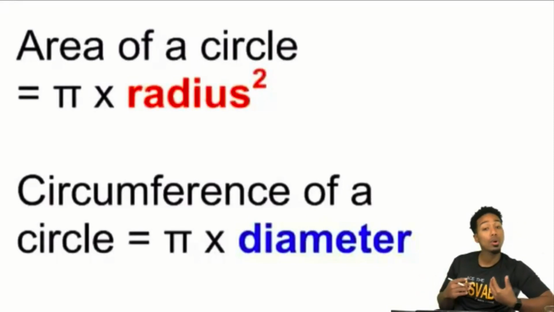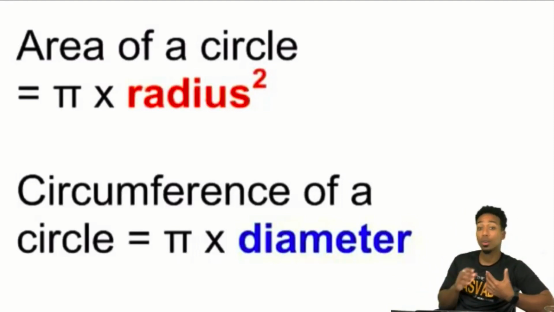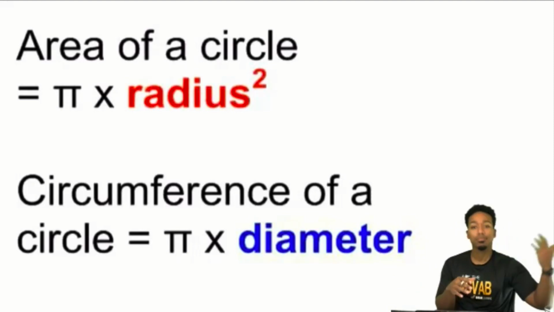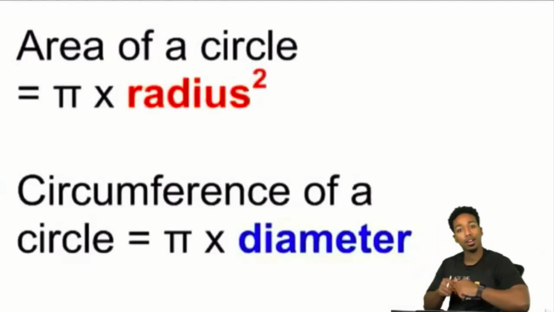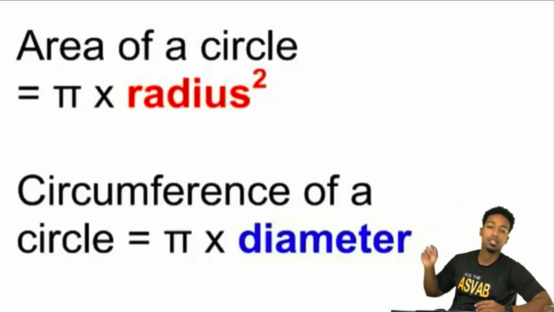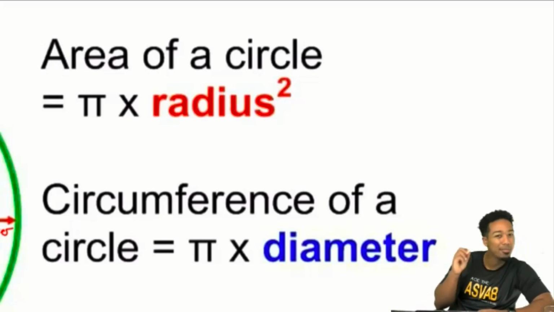Some people might know it as length times width, because that's for a rectangle. Some people might know it as 1/2 times base times height. That's a triangle. Or side squared. That's a square. For circles, this is the formula for circles. The area of a circle is pi times the radius squared. And again, the area of any shape,